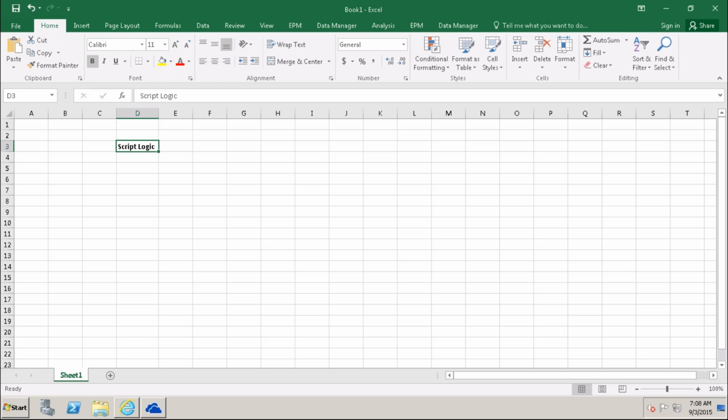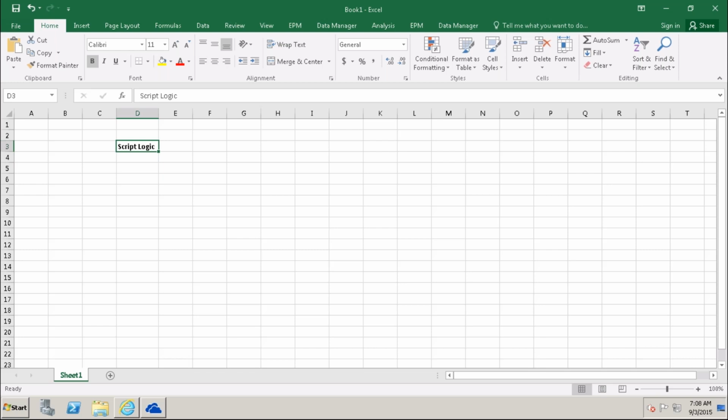This is their requirement. For all actual values we got from the source for the particular month, we have to increase 5%, and that value we need to send to the category forecast. So this is the requirement.